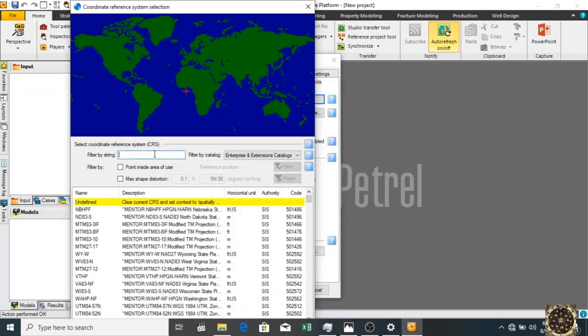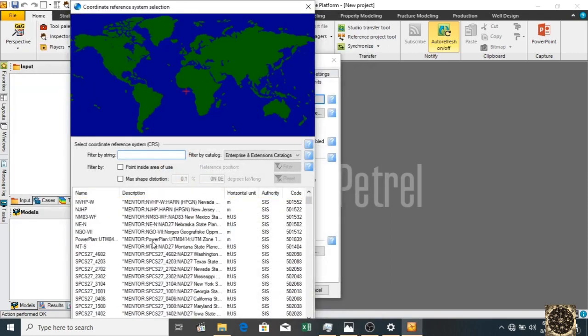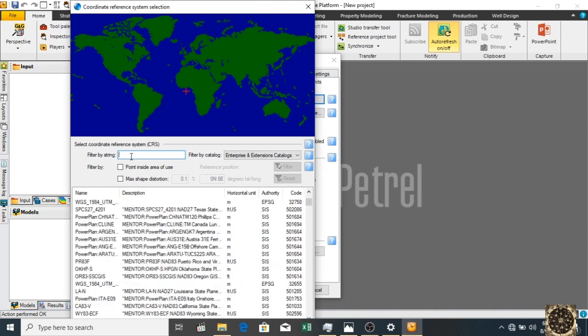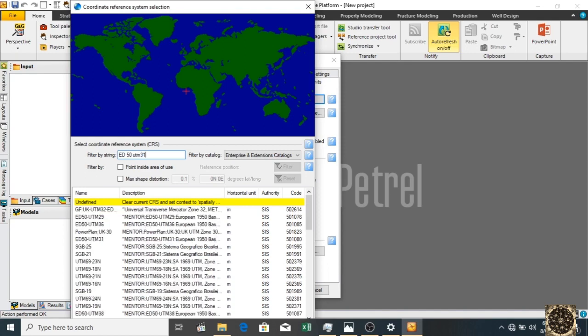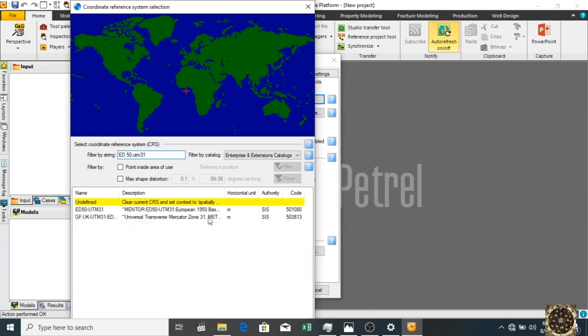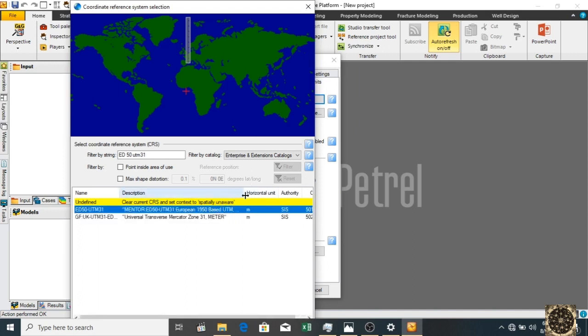We can find it from the list, but it will take some time, so we will search it. So it's ED50 UTM31. So there we go, there is our reference system. It is ED50 UTM31, European 1950 based UTM zone 31 north in meters. We have to select it,